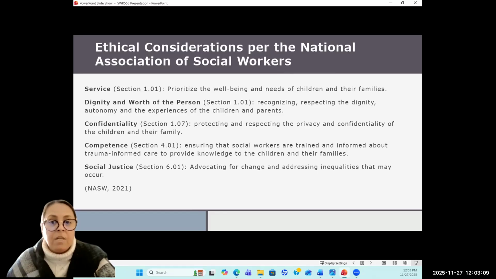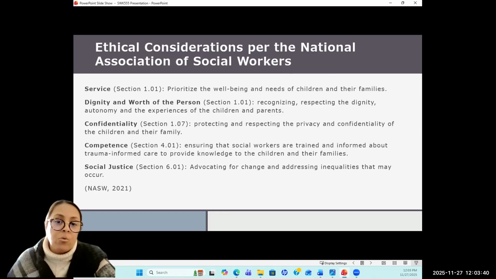Confidentiality, protecting and respecting the privacy and confidentiality of the children and their family. It's something that we need to keep to ourselves and to whomever has business in that case, but only through our services and collaborations, not to other parties.